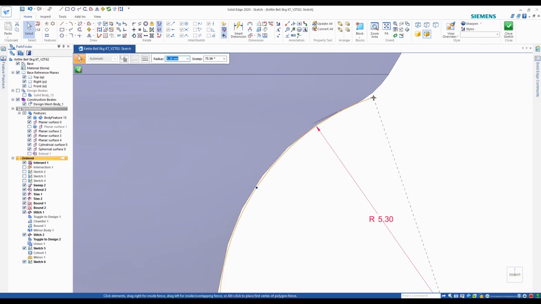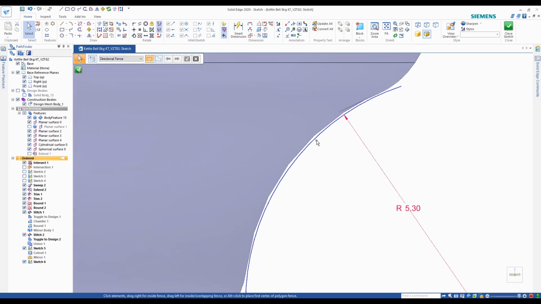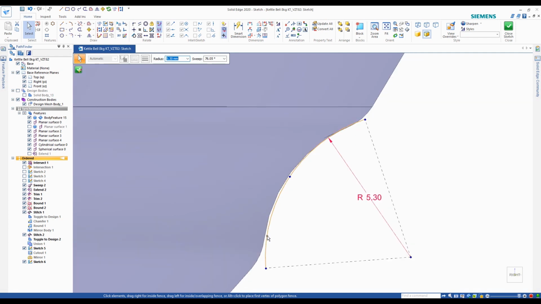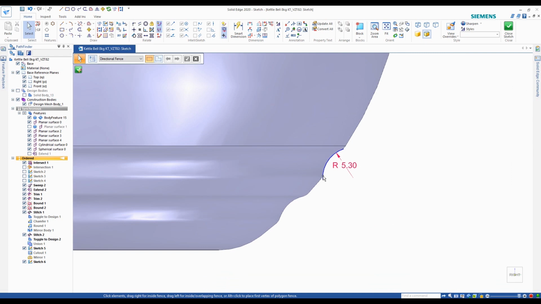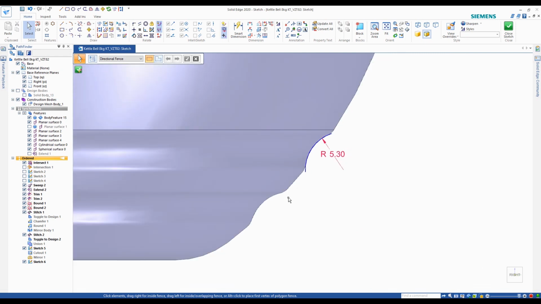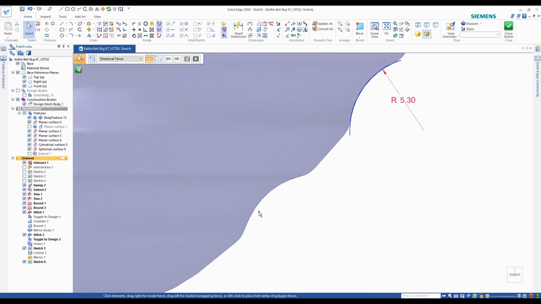It doesn't have to be perfect. Okay, so that looks pretty good. 5.3 looks like it's